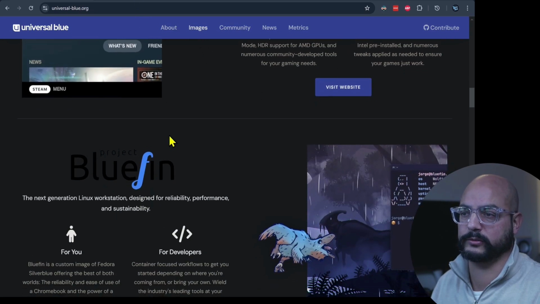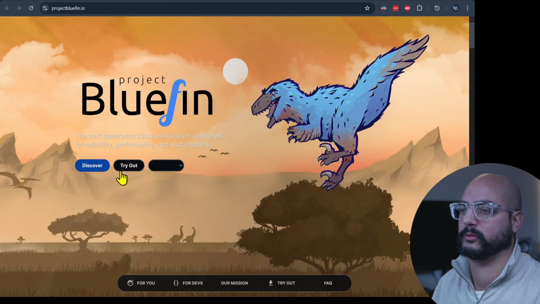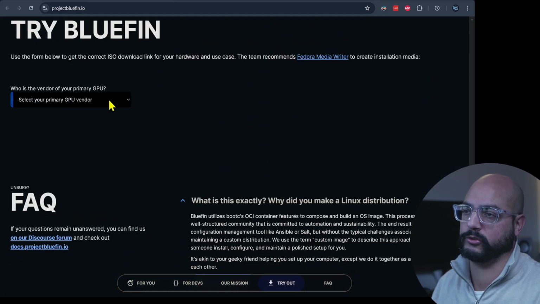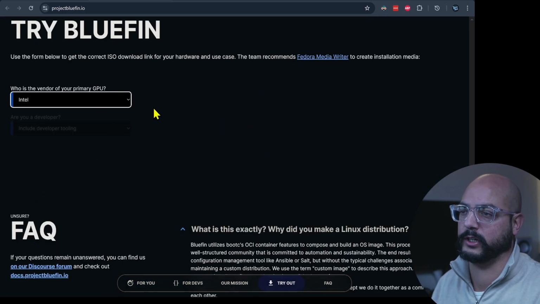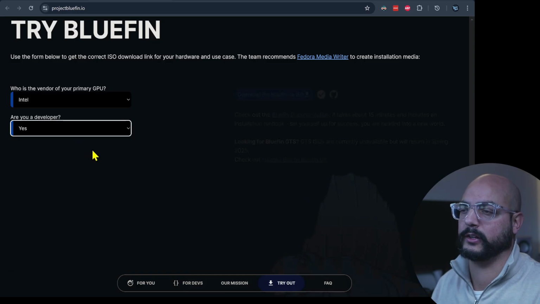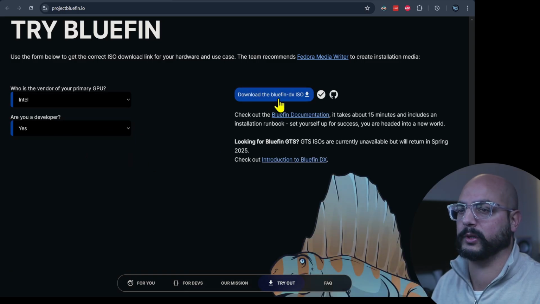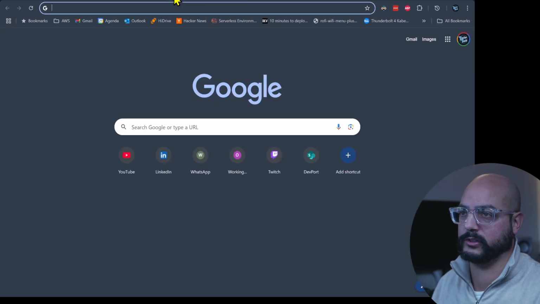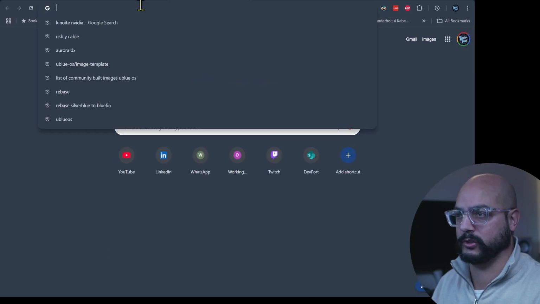Move to the next one, Bluefin. Visit the website, same mechanism, but Try Out is the button, and then you first choose a GPU. Let's say Intel, and include developer tooling. This will be Bluefin DX. And if you choose NVIDIA, for example, Bluefin DX-nvidia makes a whole lot of sense, right? And that's similar to the packages